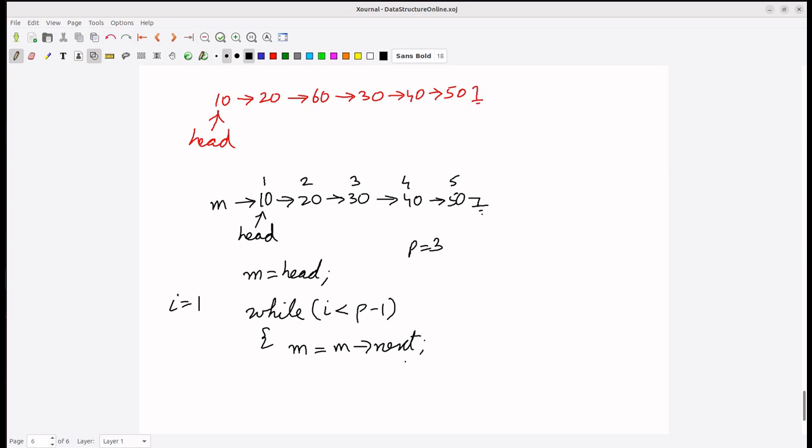So with that, m will be coming to node 20, and at the same time you do i plus plus. Okay, so let's check over here. We are having 10, 10 to 20, 20 to 30, 30 to 40. After 40 you are having 50, and after 50 you are having nothing. Right now i is equal to 1, currently i equal to 1 before the while loop, and m is pointing at